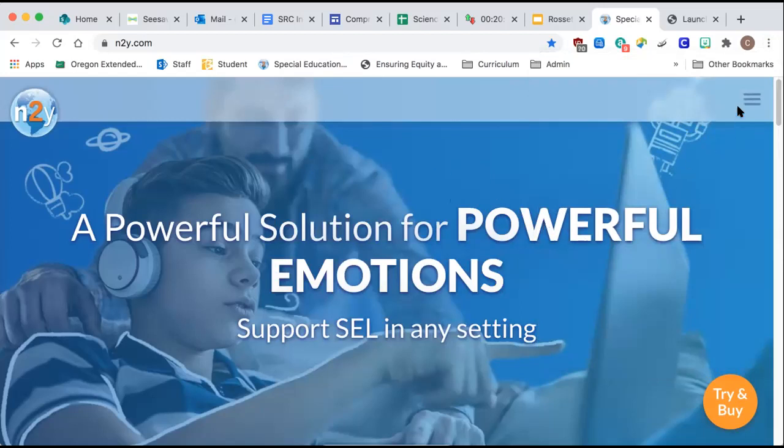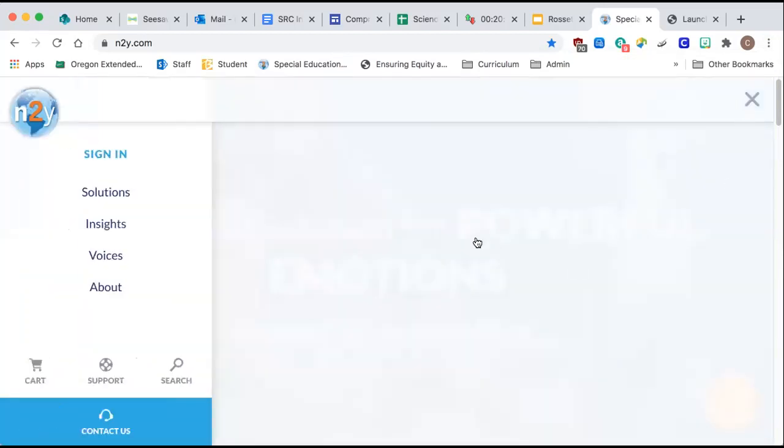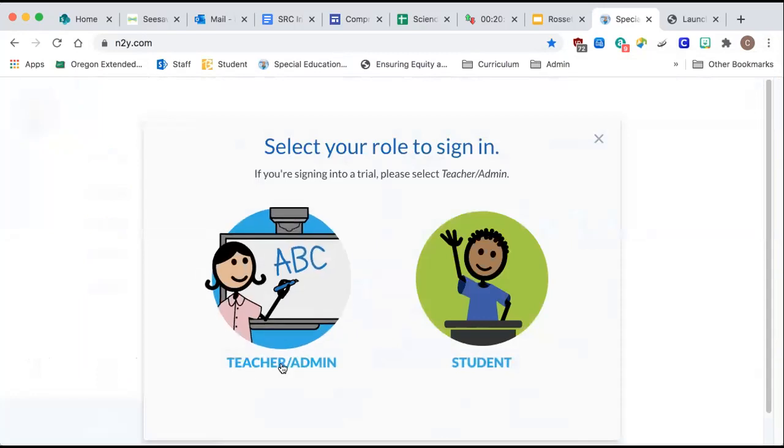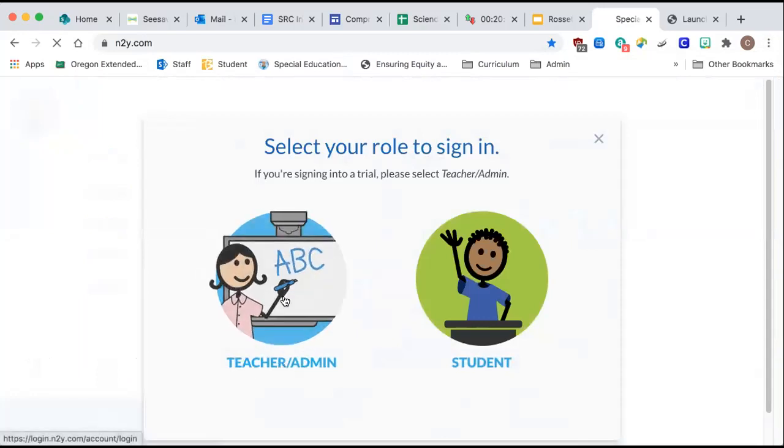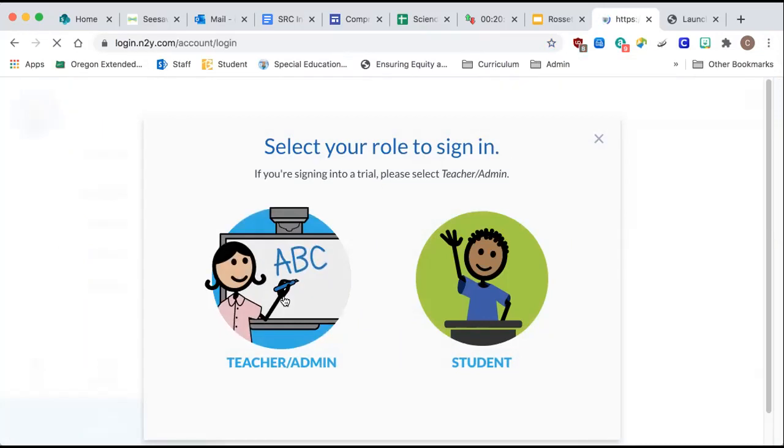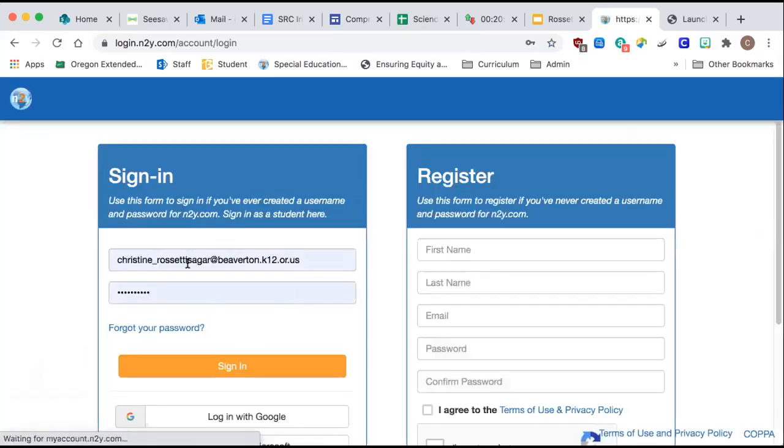But once you're at this page, you're going to want to click on the three little pancakes in the upper right hand corner. And then you will click sign in, and you are signing in as teacher admin. So you want to click on the teacher admin person. So there is where we're going to sign in, and I'm going to pull the annotate up. You can see the username there, and the